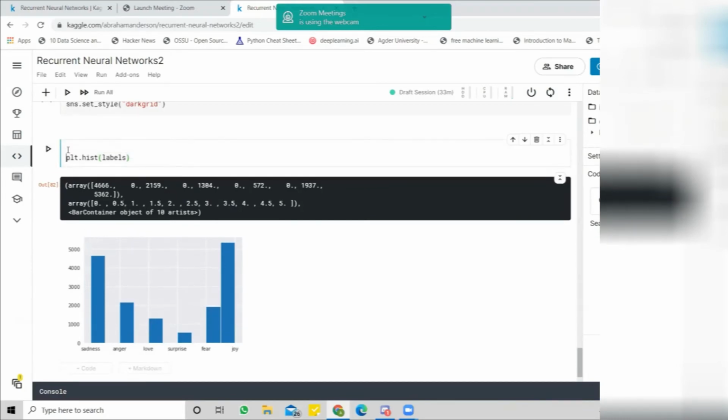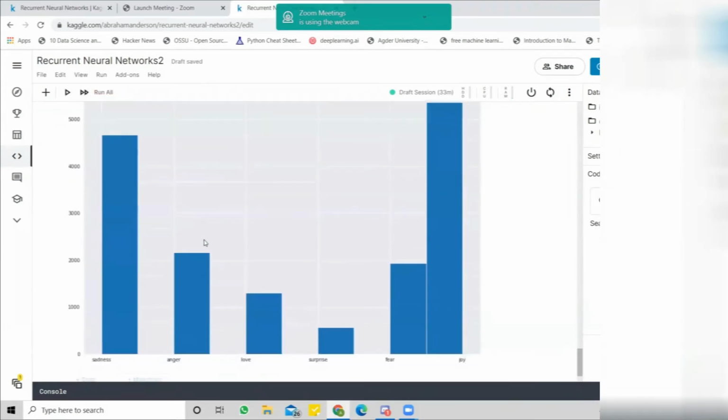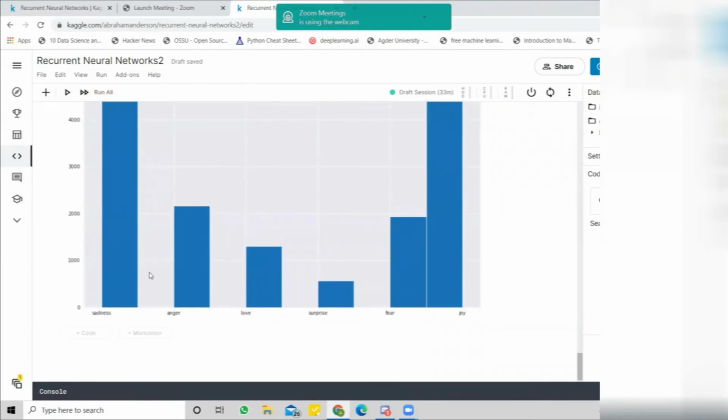We can make the figure a little bit bigger. Figure size is equal. Now we will get a bigger version of the figure.